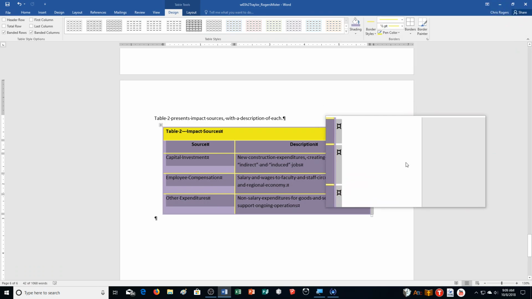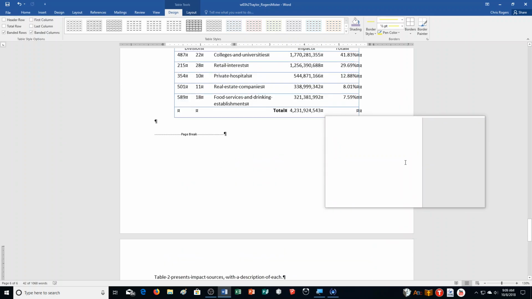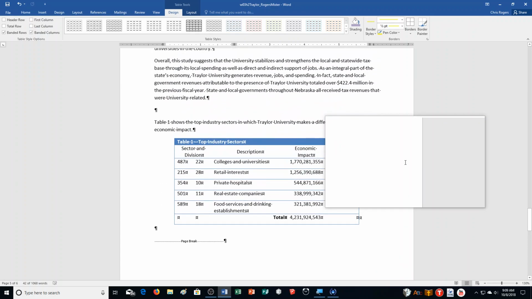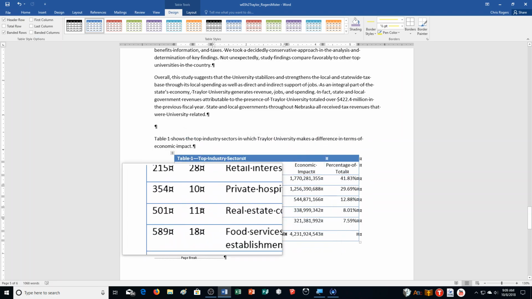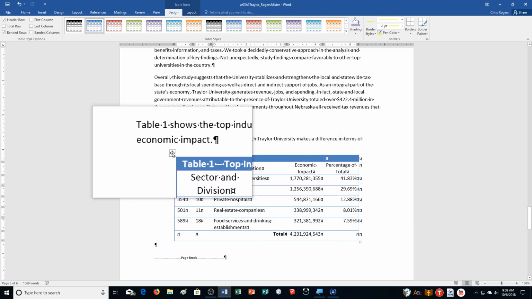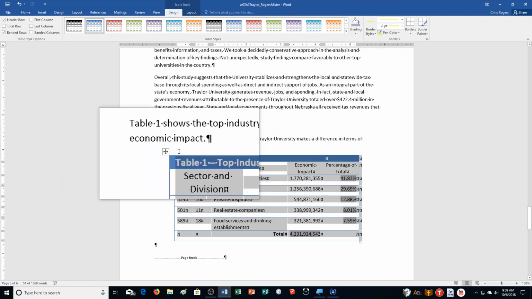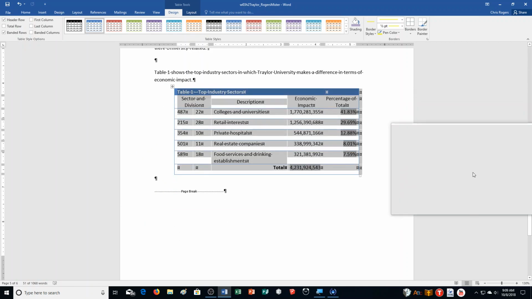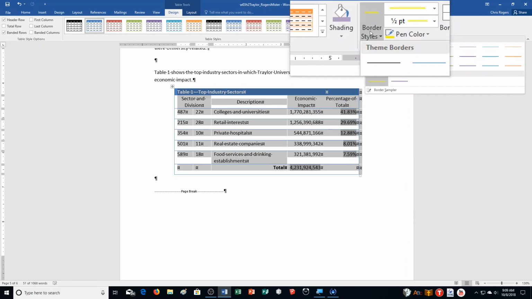All right, step G, click anywhere in table 1. So table 1. You'll notice I had to click first for the table move handle to come up. So sometimes you have to click. Then I click on the table move handle once to select everything. Then it says click the border styles arrow. So I click on border styles,